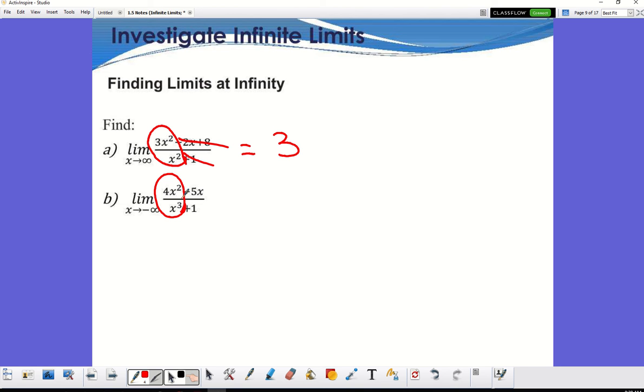Okay? So you have two different leashes. Which one's going to pull you? The big dog's going to pull you. The little dog's just going to follow, right? The denominator, x cubed, is the big dog here. So this one is going to go to negative infinity. Questions? No? Okay.